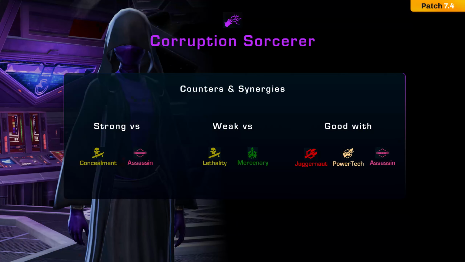Easy classes to face on SORC heal are Concealment Operatives, because you can simply phase walk when they open from stealth, and they don't really have AoE or dot pressure to really kill your team, and you can also just kite them with Overload. Assassins are also relatively easy to face because Hatred cannot kill you 1v1 anymore,